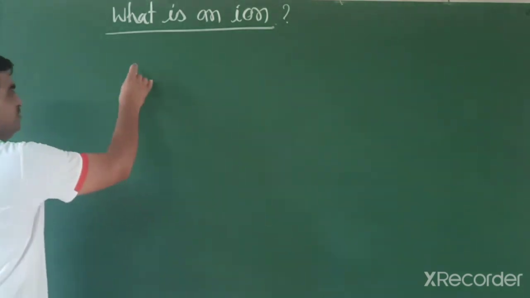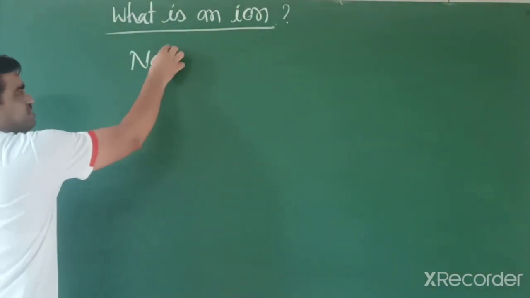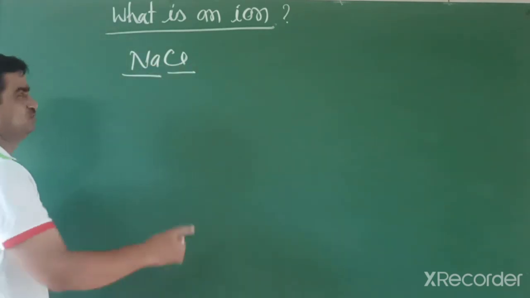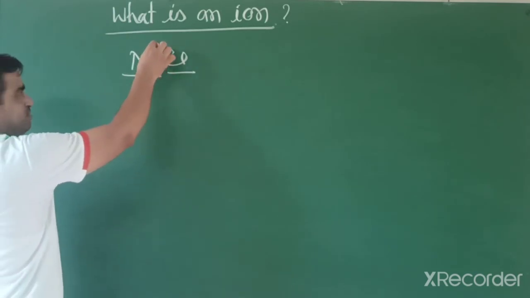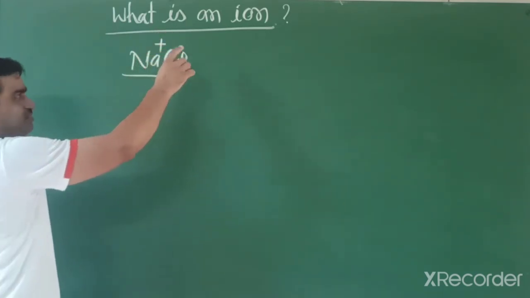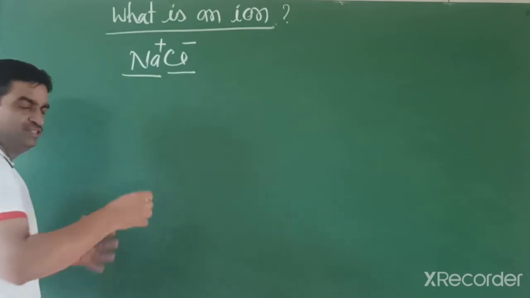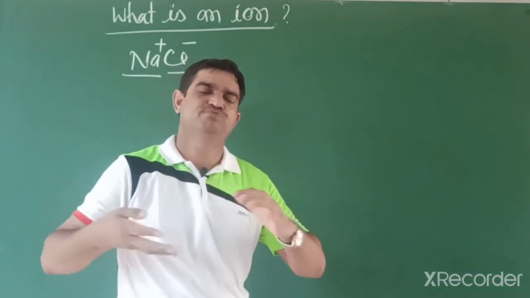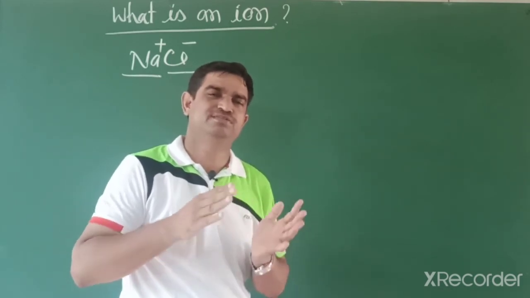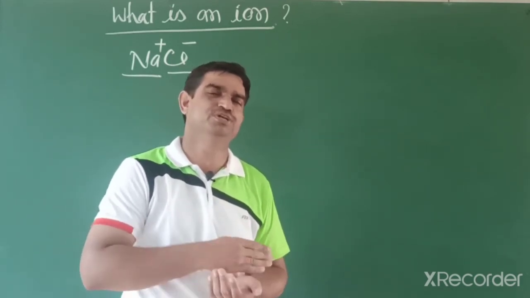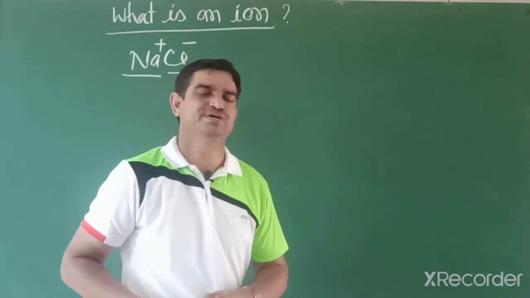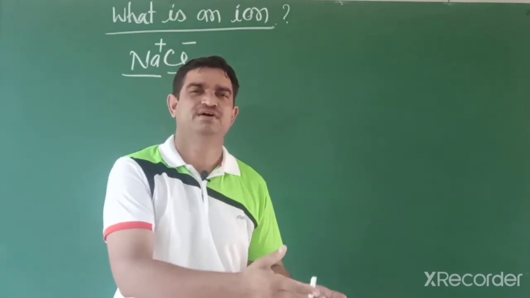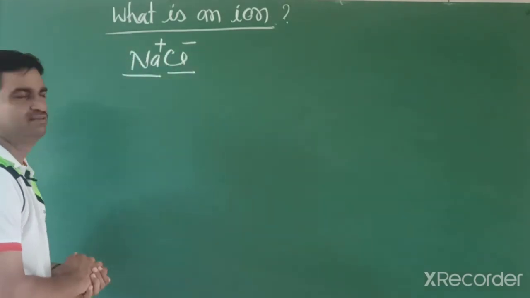For example, if we write sodium chloride, sodium is a metal and chloride is a non-metal. So in this compound, sodium has a positive charge and chloride has a negative charge. Between sodium and chloride there is a very strong force of attraction, so they form a molecule, and that does not remain a single molecule. Millions of molecules aggregate and form a crystal that we can touch, feel and see, the sodium chloride crystal.